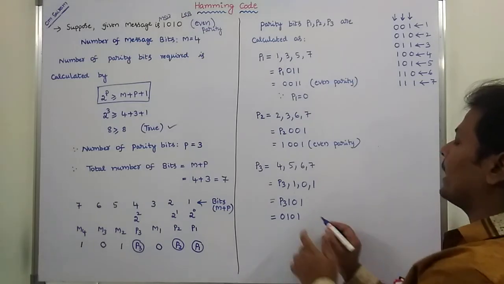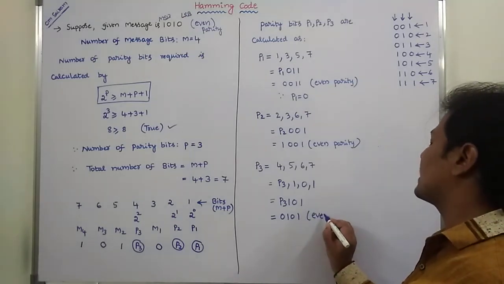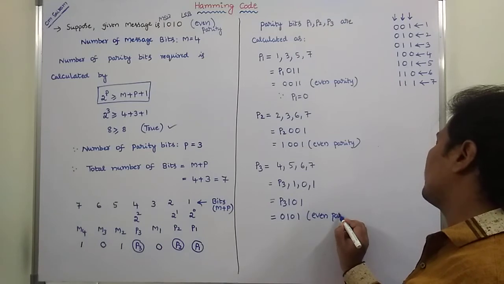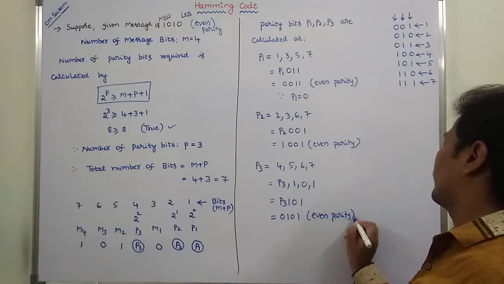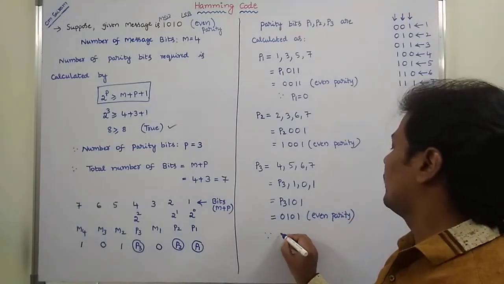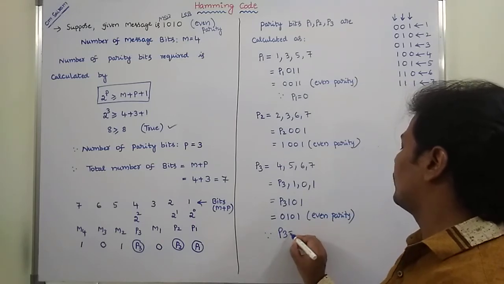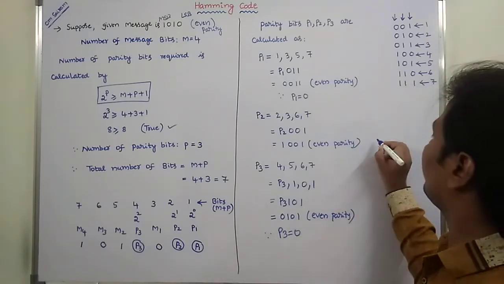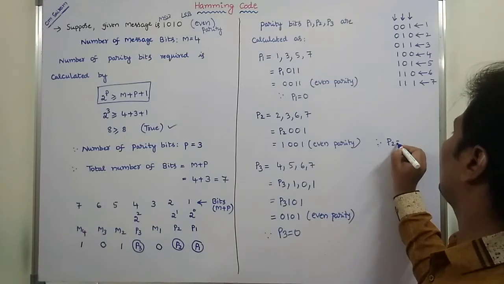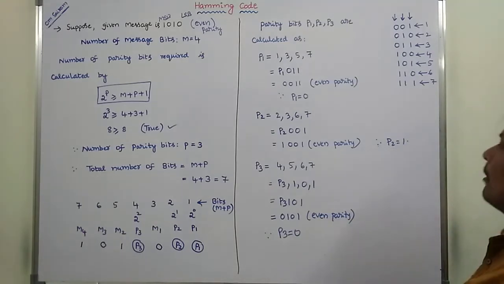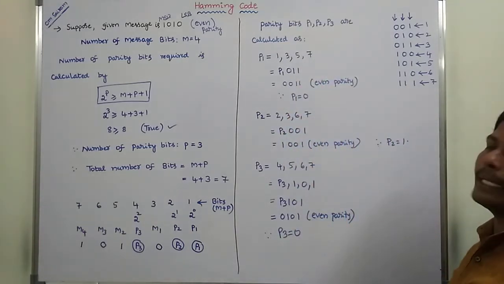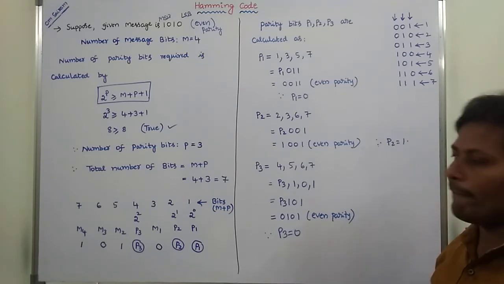It is already two ones, then it is sent with even parity. So therefore P3 is equal to 0. Therefore P2 is equal to 1. Okay. Once we have calculated the P1, P2, P3 values,